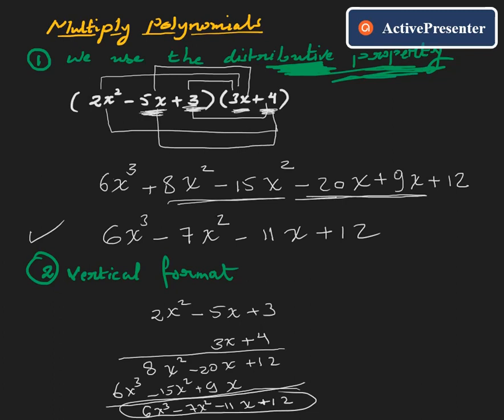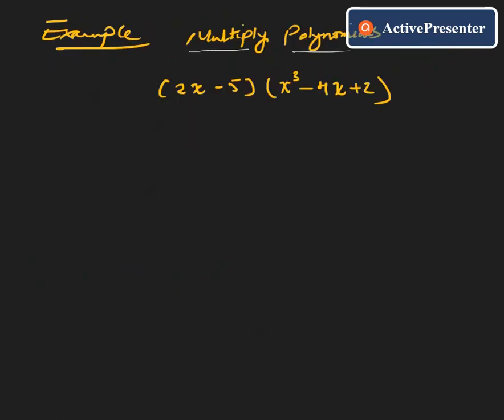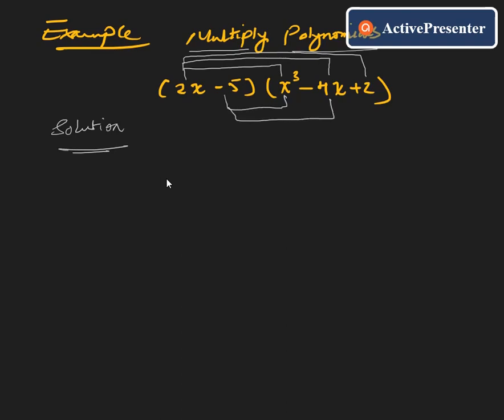Suppose I have an example that says multiply polynomials. This polynomial multiplied by this polynomial. So how should our answer be? Of course we will use the distributive property. We will multiply 2x by x cubed, 2x by minus 4x, and 2x by plus 2. Also we will multiply minus 5 by x cubed, minus 5 by minus 4x, and minus 5 by plus 2. So our answer should be